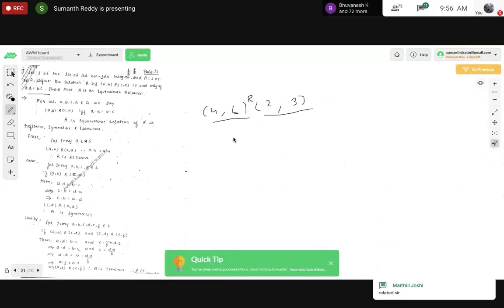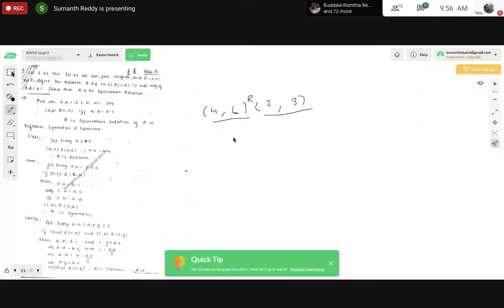So these kinds of ordered pairs we can include. But here you have to remember, our goal is not to write the ordered pairs. For these kinds of questions, the answer should not be writing the ordered pairs. Whatever condition he has given, we need to check whether it is an equivalence relation or not. You need not worry about which ordered pairs to include, and in fact, you cannot write any ordered pairs because you don't know what the elements in the set are.